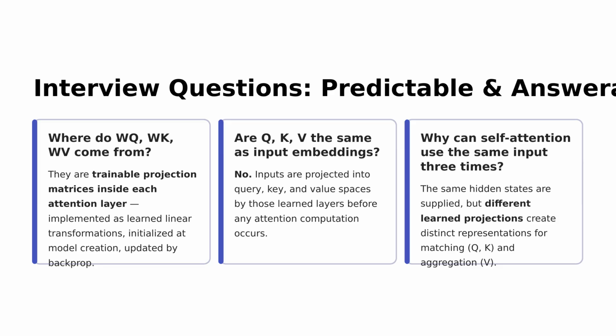Here are 3 common questions with straightforward answers. First, WQ, WK, and WV are learned projection matrices inside each attention layer. They're initialized when the model is created and updated through backpropagation during training. Second, Q, K, and V are not the raw input embeddings. The inputs are transformed into those spaces first. And third, self-attention can reuse the same hidden states because different learned projections produce different roles for queries, keys, and